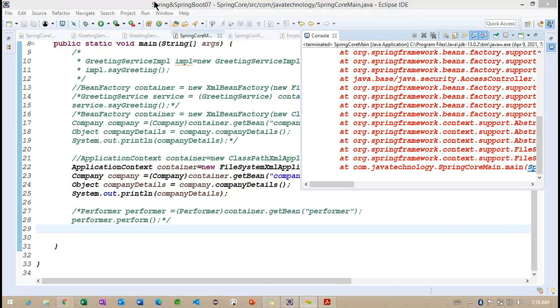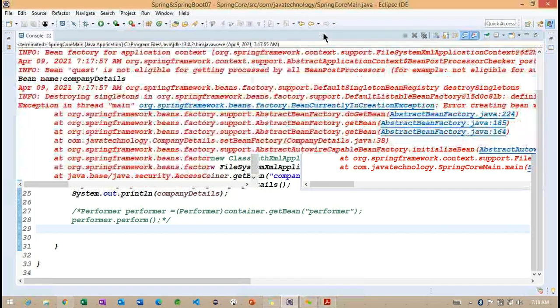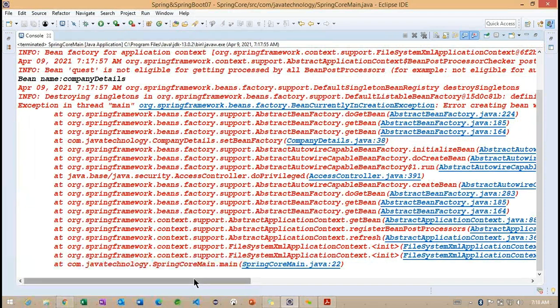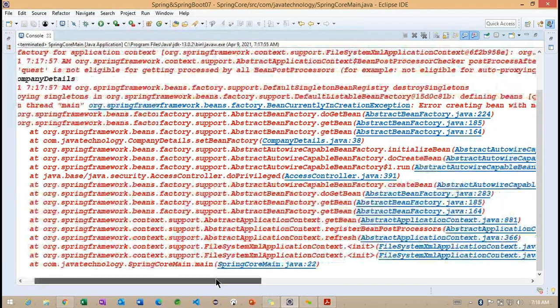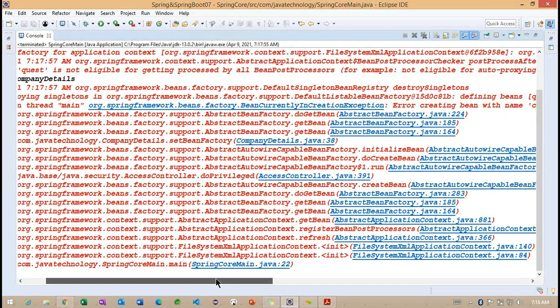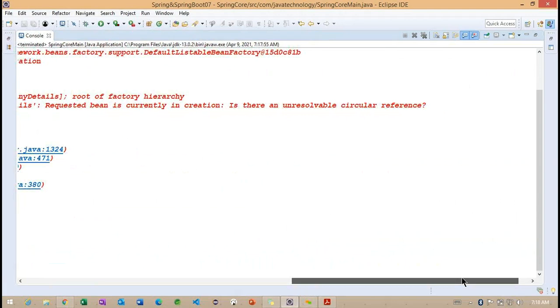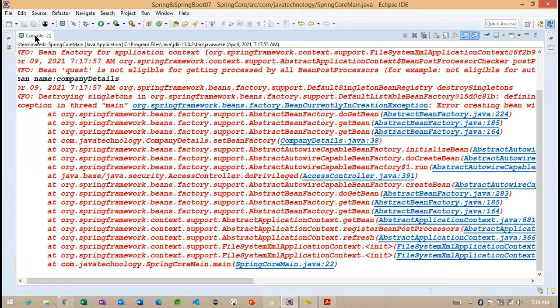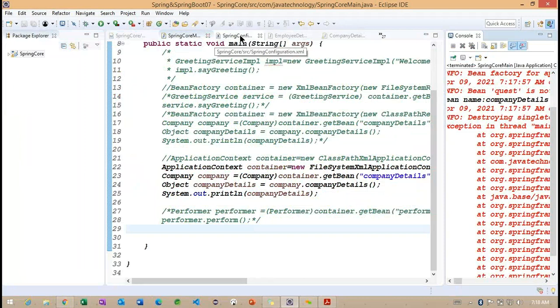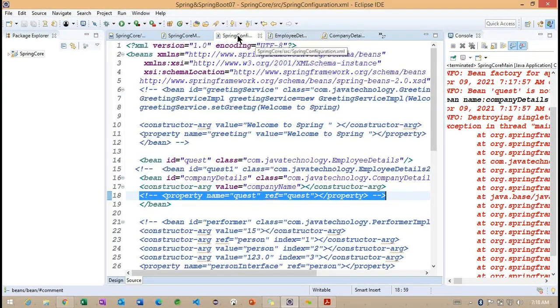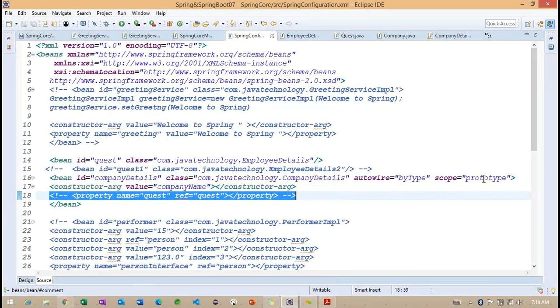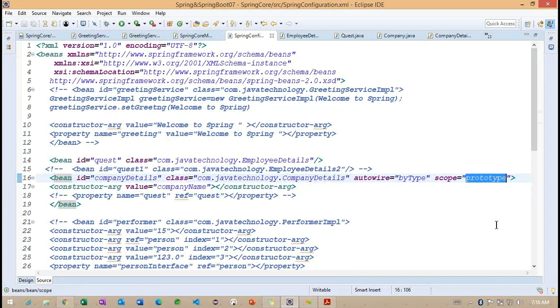So we need to think, why is this error coming here? Currently in creation exception. Okay, we'll try to work with another scope here. Maybe because of this prototype, we are getting errors.